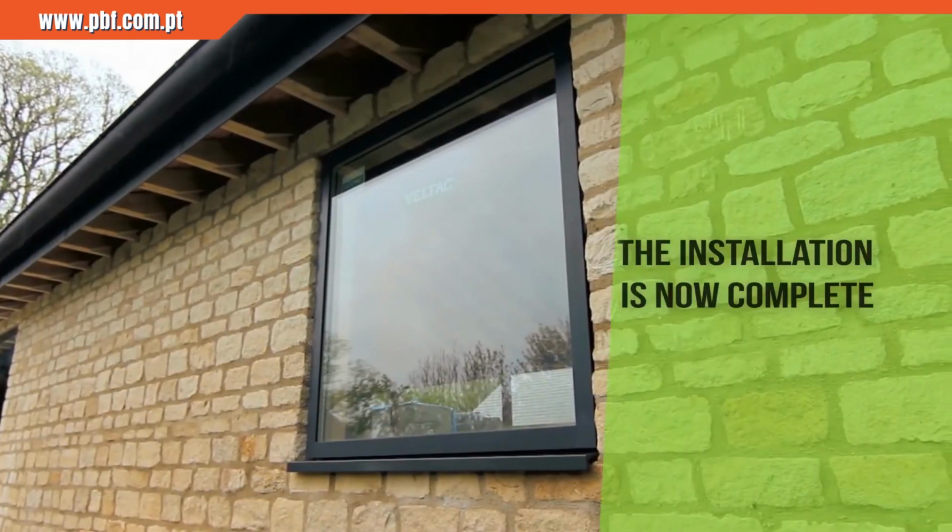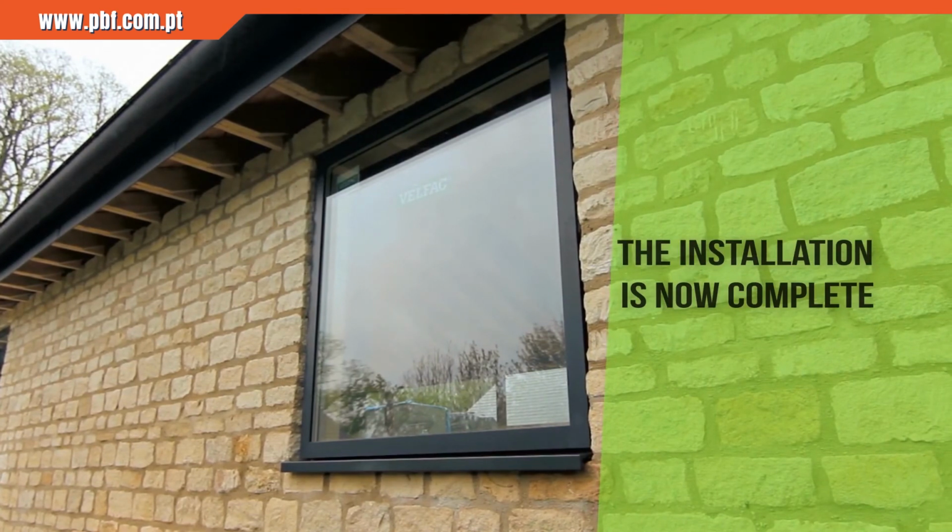The i3 installation is now complete, offering the 3 sealing levels in a BBA accredited